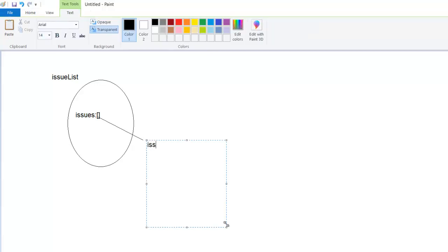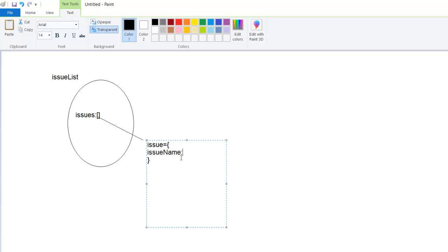So it is going to be the issue object, and this particular object will be having properties. What kind of thing is this object going to hold? This object will be holding the issue name,